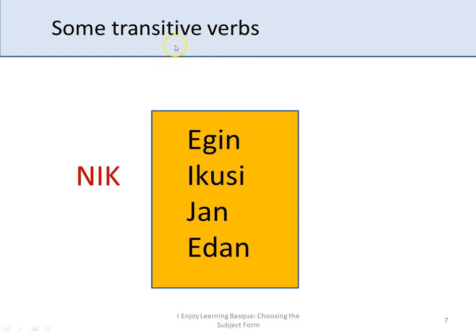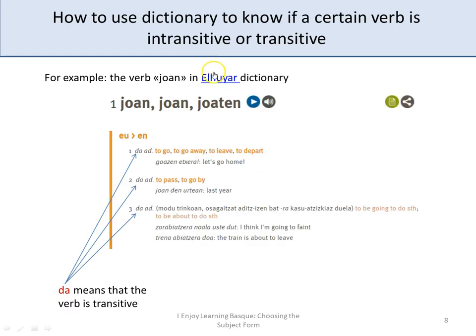And with some transitive verbs we have to use the subject NORK. Nik egin, egin is to do or to make. Ikusi, to see. Jan, to eat. Edan, to drink. So I want to tell you how to use the dictionary to know if a certain verb is transitive or